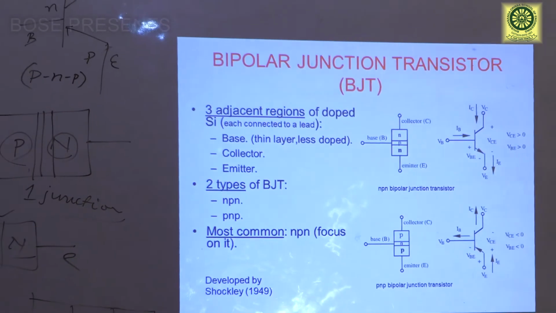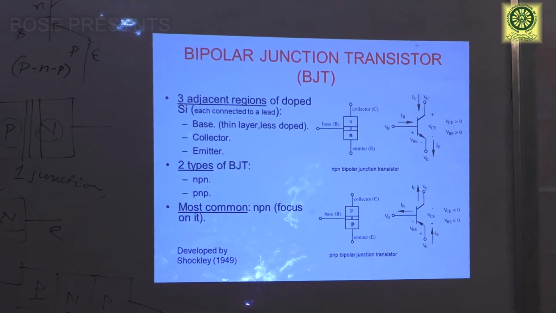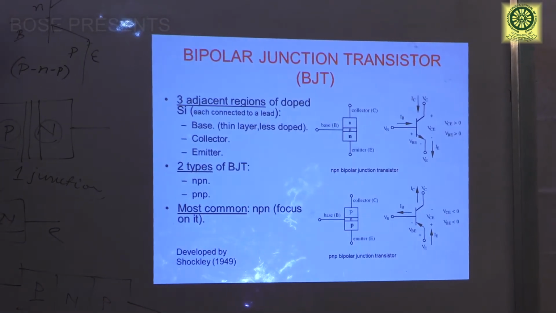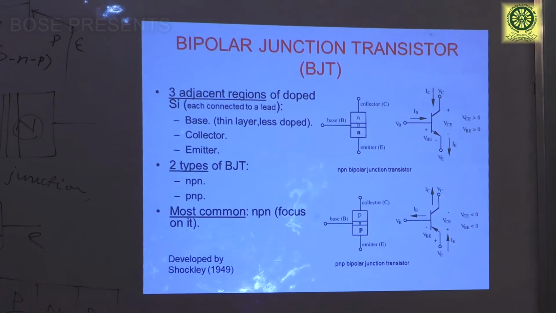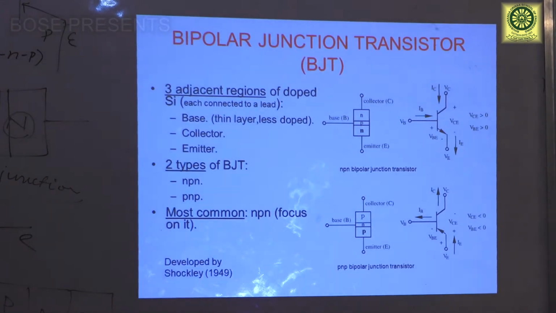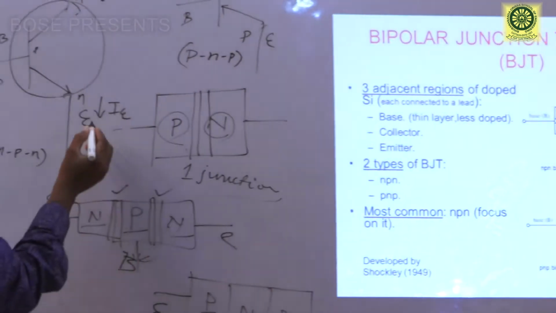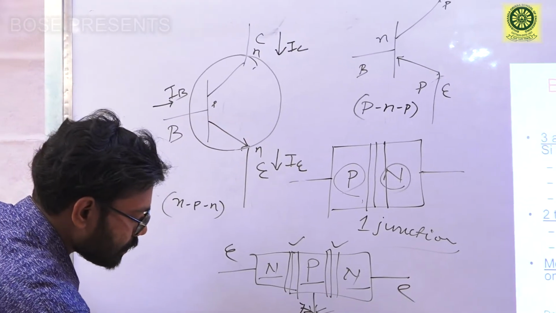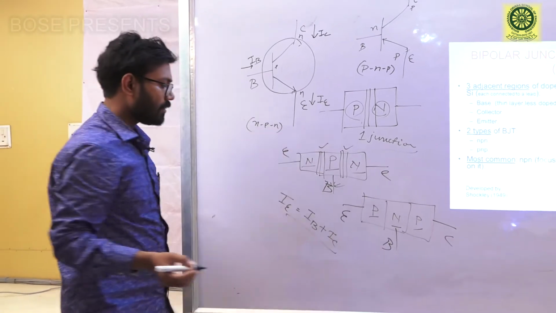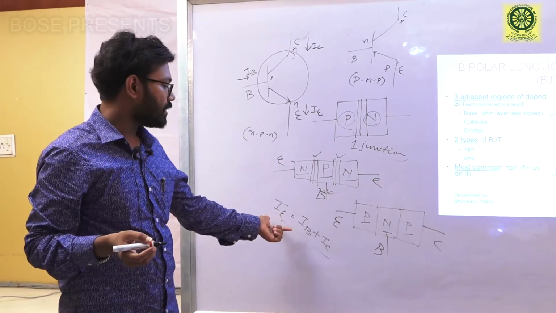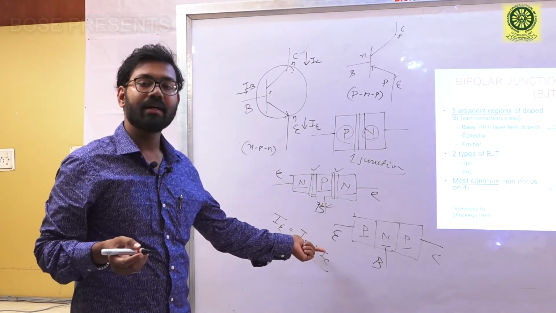Next, as we can see, it has three terminals, so in a transistor there will be three currents flowing, one in each terminal. For the collector terminal there is the collector current, IC. For the base terminal there is another current, IB, and in the emitter terminal there is another current, IE. In a transistor there is one equation: IE is equal to IB plus IC. This current formula always holds in a transistor. That is, the emitter current is equal to the base current plus the collector current.